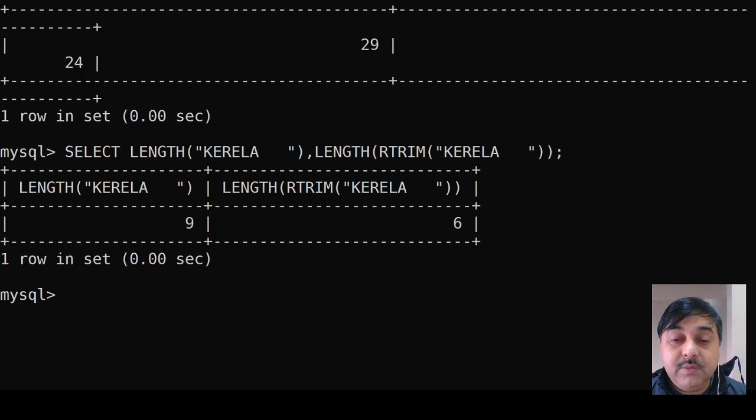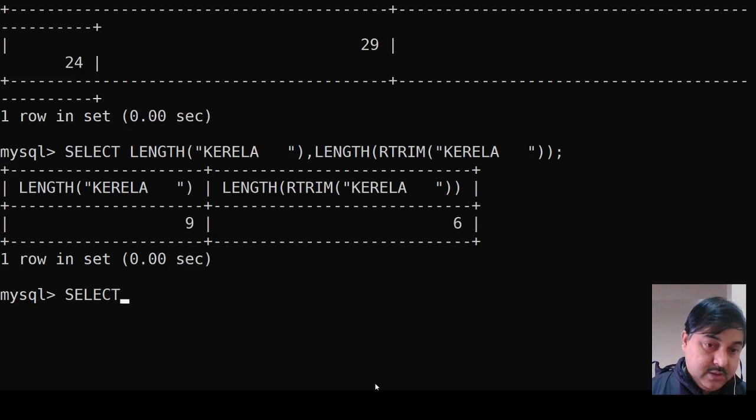So that was our RTRIM entry. Next comes the TRIM function. Okay, next comes the TRIM function. So how will the TRIM function work? So a trimming function, suppose let us do it. What we will write, SELECT, then space LENGTH, open the inverted comma. After that, suppose we write here